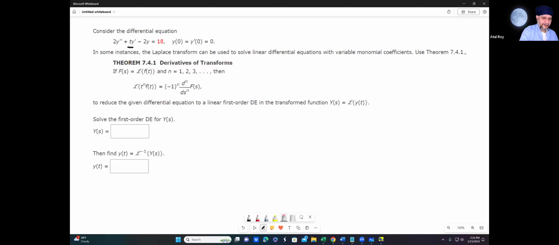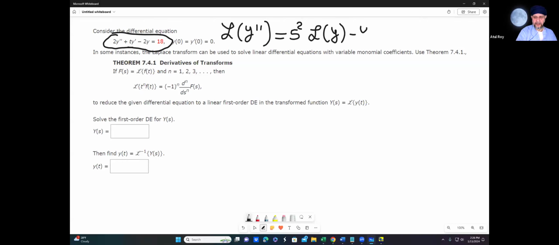See this here? Right here was the mistake made. So we are doing it again because I made a mistake. I'm going to apply the Laplace transform on this. This is L of y double prime, which will be s squared